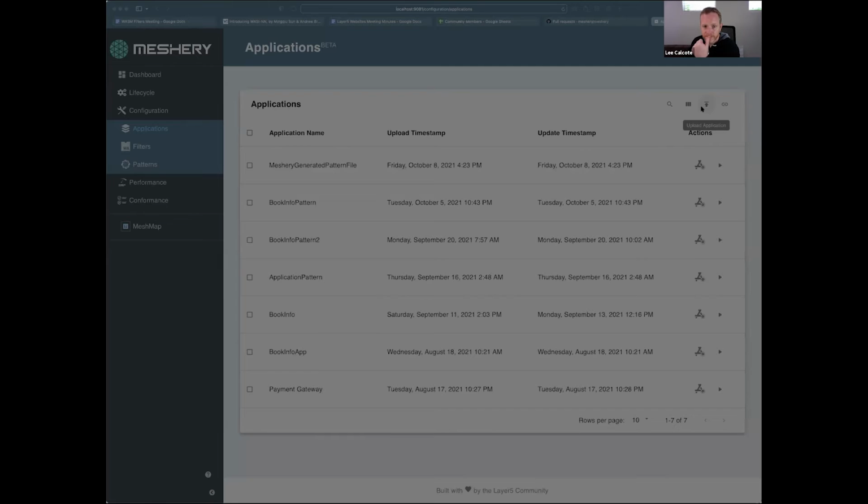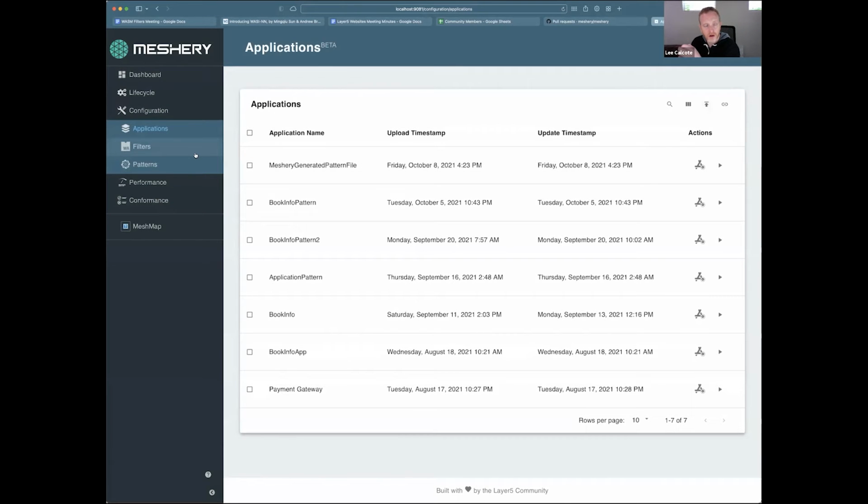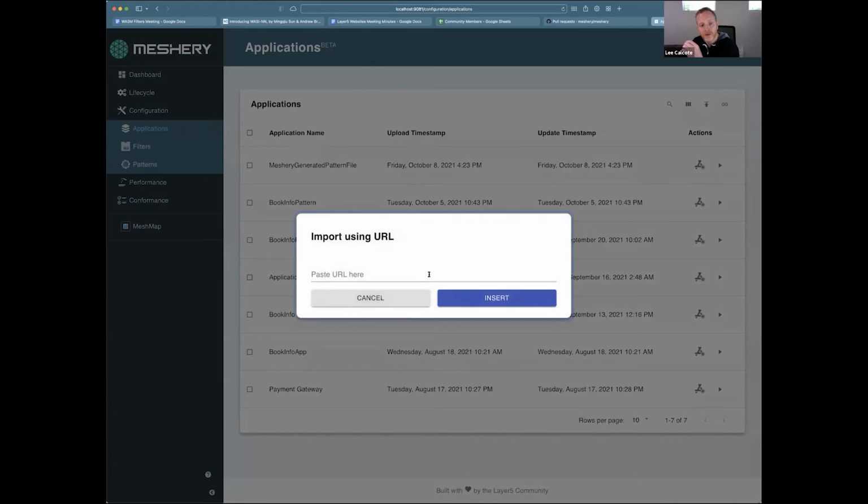Upload an application is from your file system, and I think this is done. The other alternative method is this URL. It could be just a public facing GitHub URL, and that's fine. I don't think we would treat it any differently. It's the OAuth GitHub thing that we can hold off on for a while.